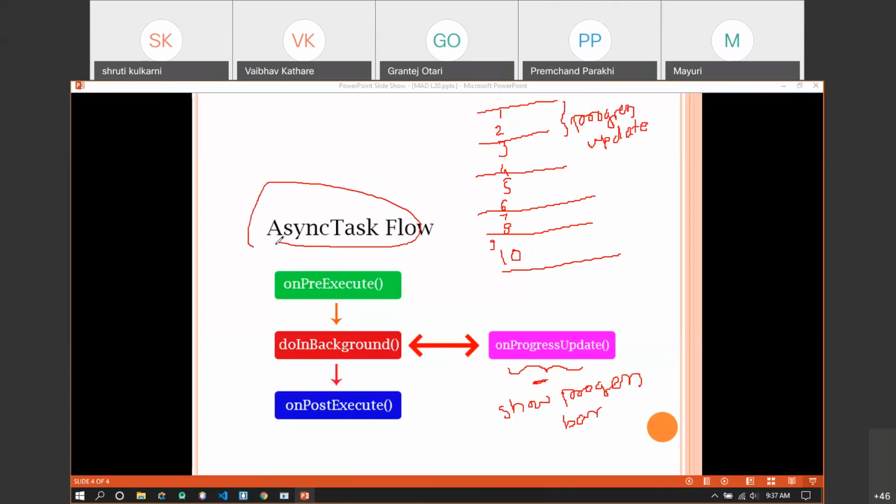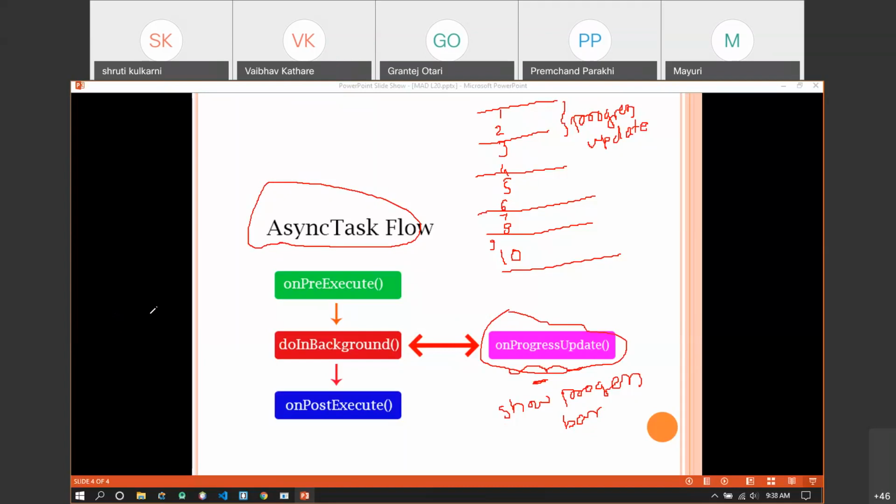As the file goes on downloading, they are running periodically the method called onProgressUpdate, which denotes the progress of the file that has been downloaded. And whatever the progress out of the entire progress, that will be displayed on your progress bar as the amount of file that has been downloaded.